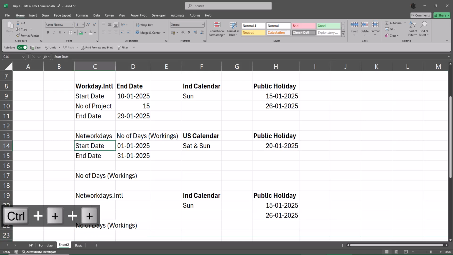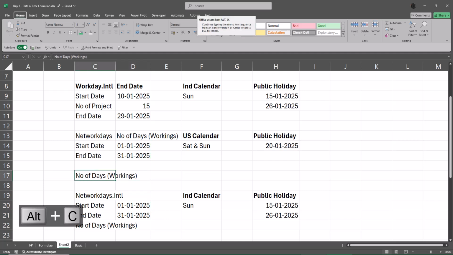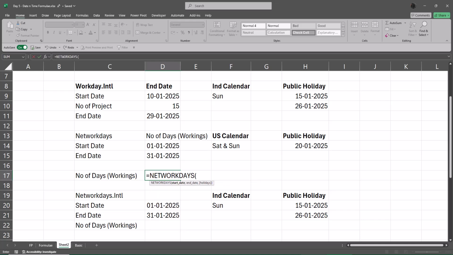So again, I know the start and end date here. When I calculate, you will definitely see that it is going to give you a positive answer. So let's see what it's going to give us as an answer here. The first part is I'm going to just say equals NETWORKDAYS. It's going to ask you what is your start date. The start date is going to be this, comma, what is your end date. The end date is going to be this. And you have a holiday during the period. Yes, I do. Then it says I'm working 22 working days as per the US calendar,